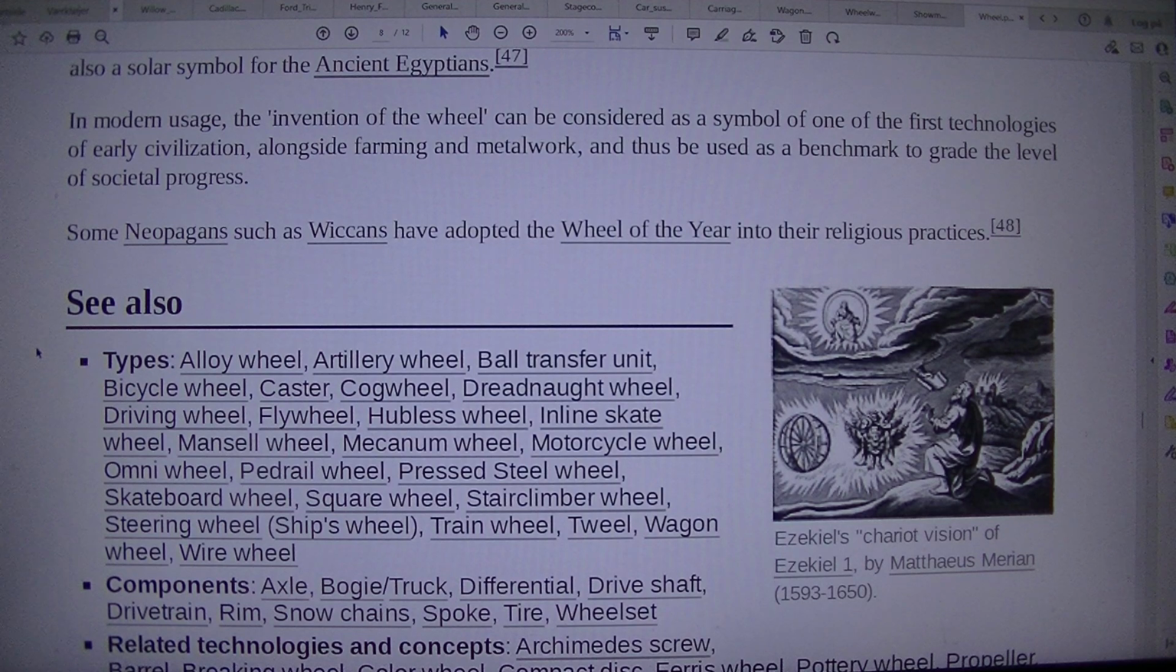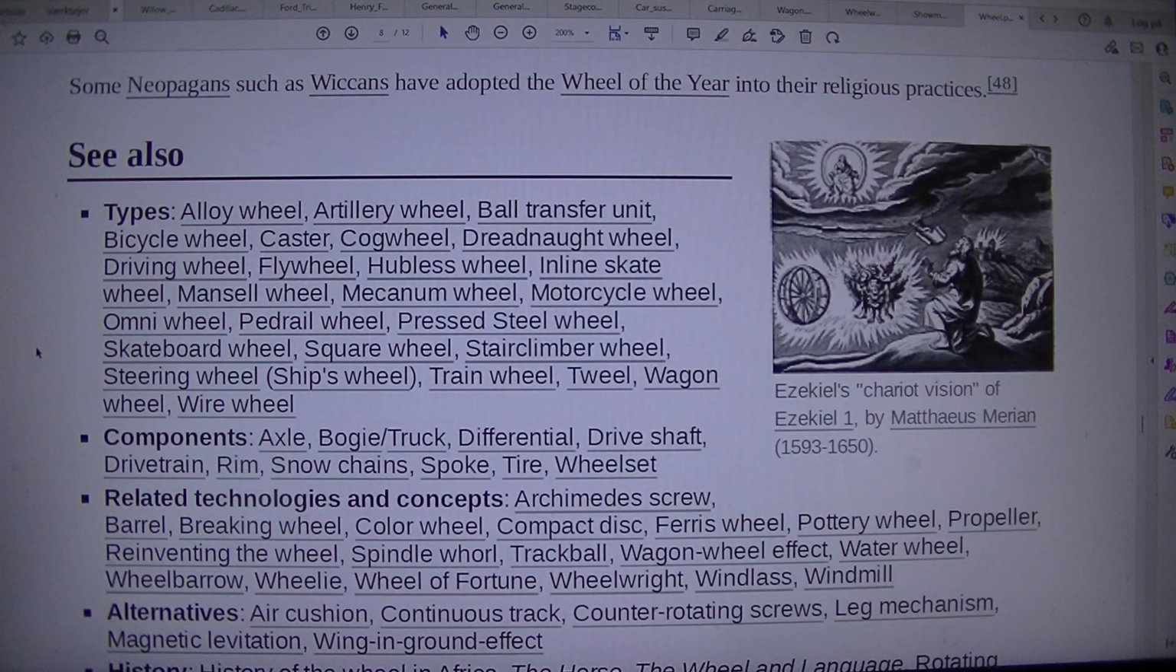47. In modern usage, the invention of the wheel can be considered as a symbol of one of the first technologies of early civilization, alongside farming and metal work, and thus be used as a benchmark to grade the level of societal progress. Some neopagans such as Wiccans have adopted the Wheel of the Year into their religious practices. 48. Ezekiel's Chariot Vision of Ezekiel 1. By Matthäus Merian,